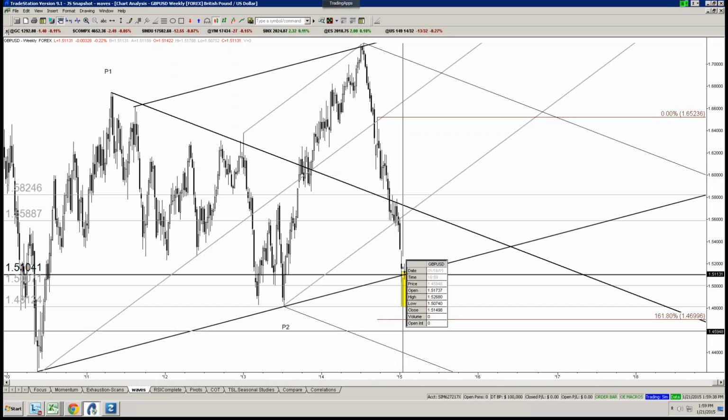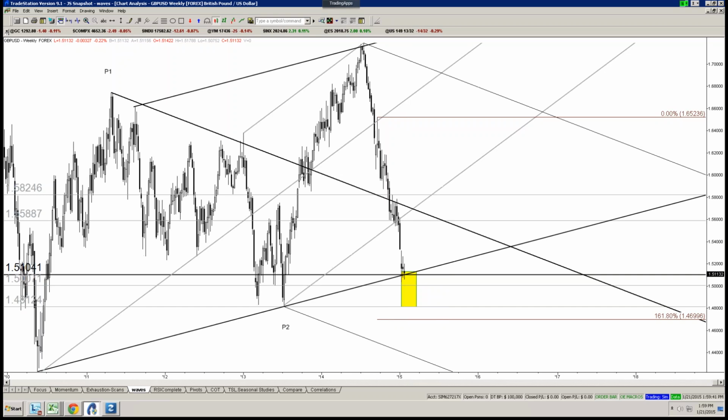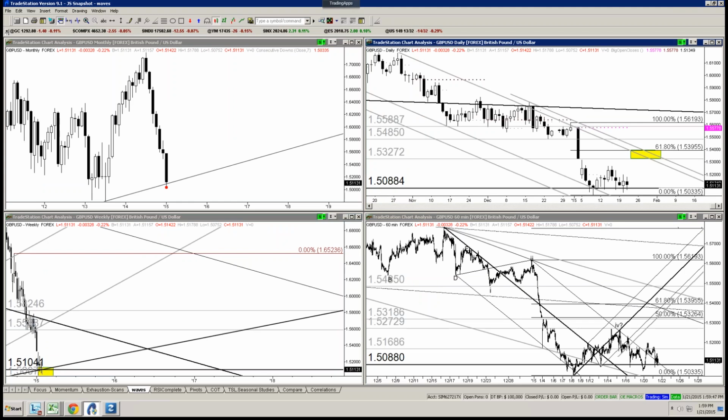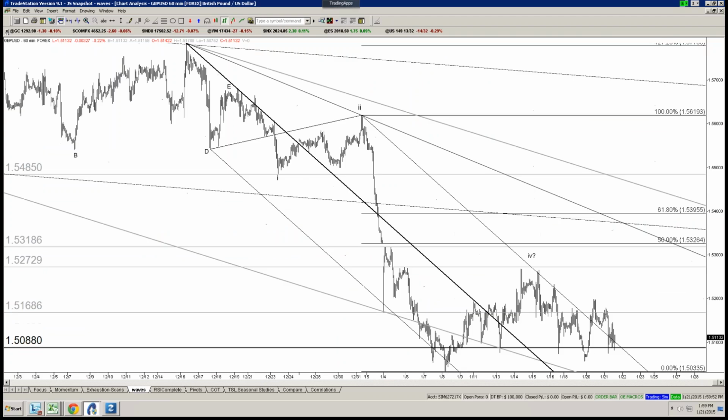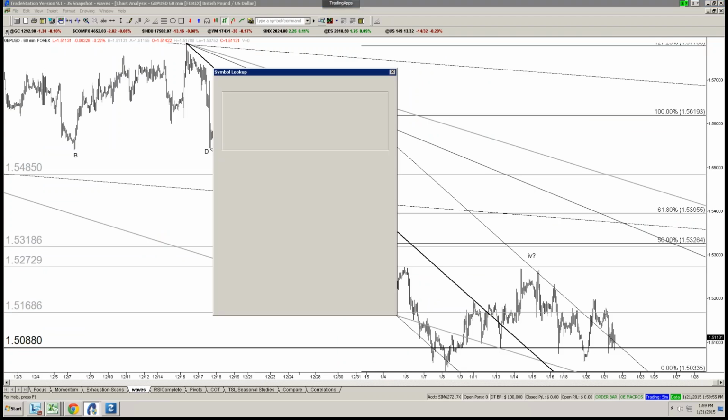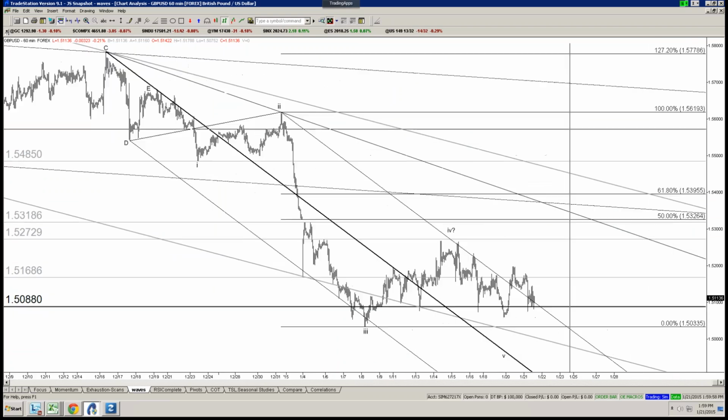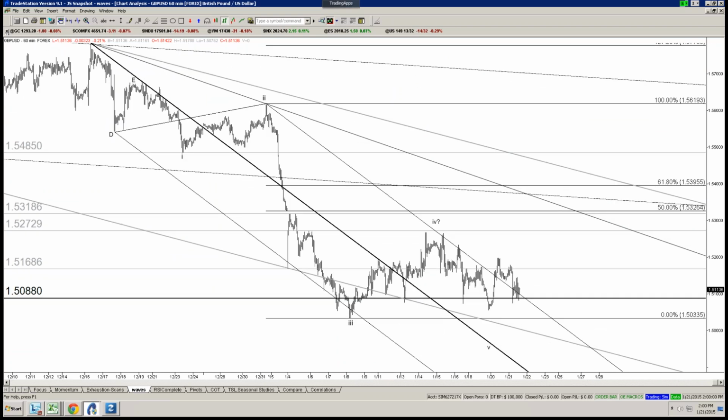And you just look at this and you say, well, why don't you buy it at that support? Because I don't know if this thing's going to gap down and then close back above. This is the old chart we were working with, and this is still a possibility, in which we have a fifth wave working lower right here, 1, 2, 3, 4. You could get something like a 1, 2, 3, 4, 5. You can get something like a diagonal. If we were to get something like that, then we'd have a great opportunity to buy pound dollar really cheap, especially when everyone would expect this thing to really fall apart.